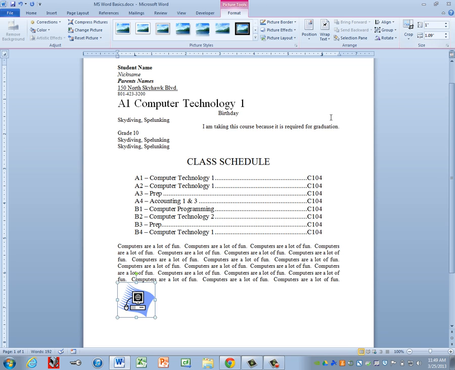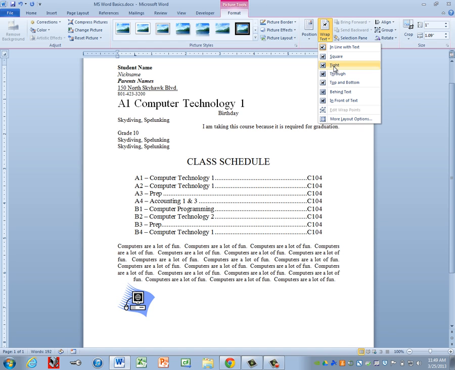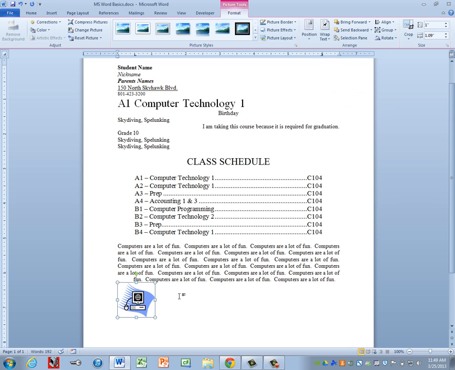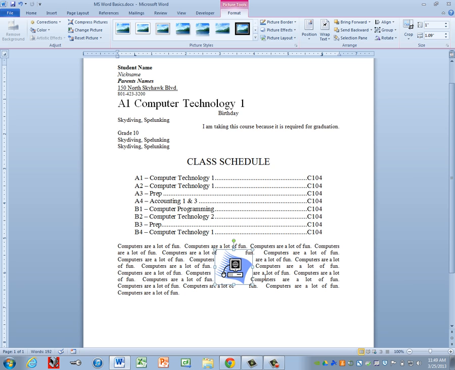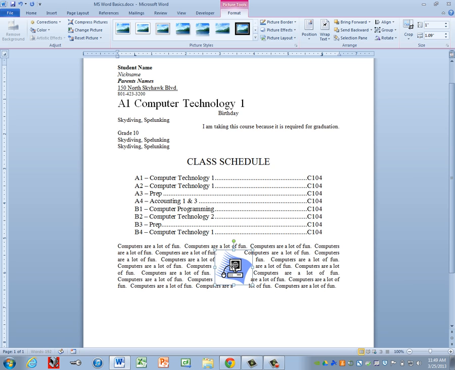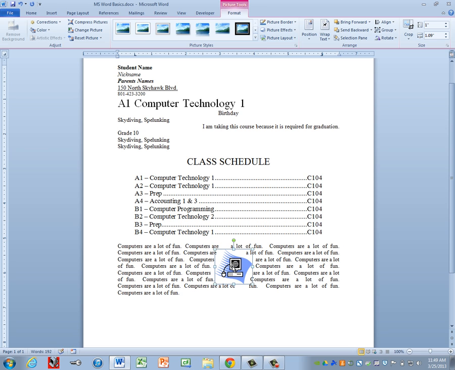And that's close enough. Then we're going to come to the Arrange group, and there is a Wrap Text button here. We're going to click on Wrap Text and then choose the option Tight. What that does is it tells it to wrap the text tight around our picture. Now we're going to click on our picture, pick it up, and drop it in the middle of our paragraph here. We can kind of eyeball it, make sure that we've got the same amount of space